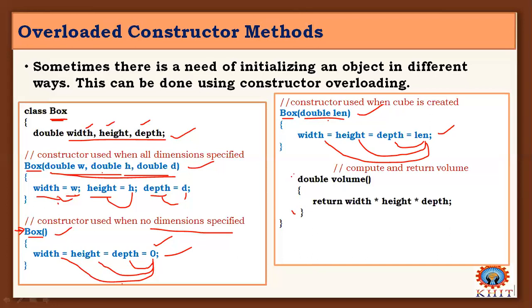And one more, it is not a constructor, it is a method. This method calculates the volume of the box by multiplying width, height and depth, right? It is invoked when an object of this class calls this method. It simply returns the box volume, using the help of these different constructors. So this way we can overload constructor methods of a class also.